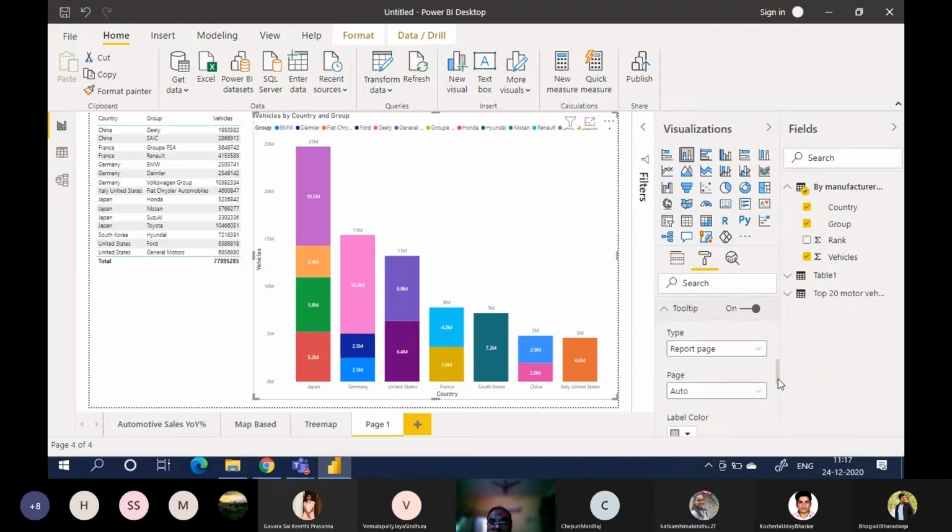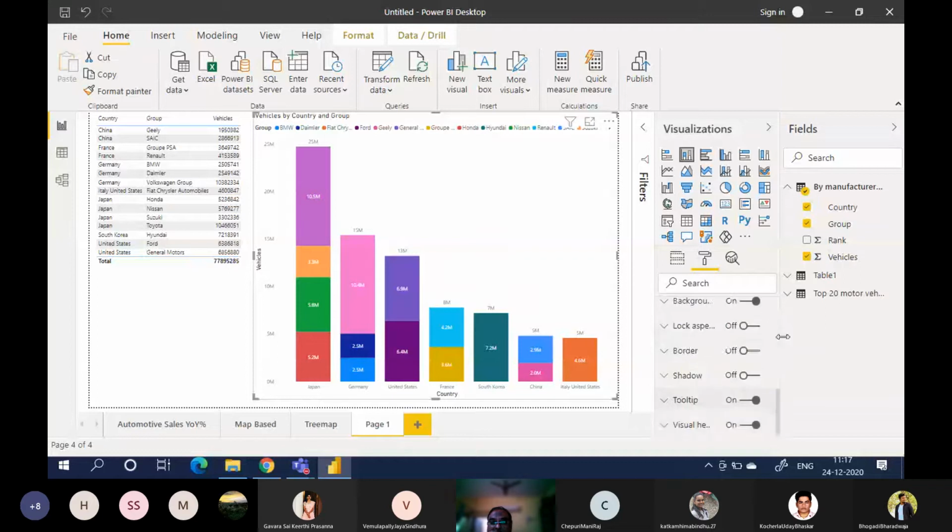What is this tool tip? Okay. Usual header.